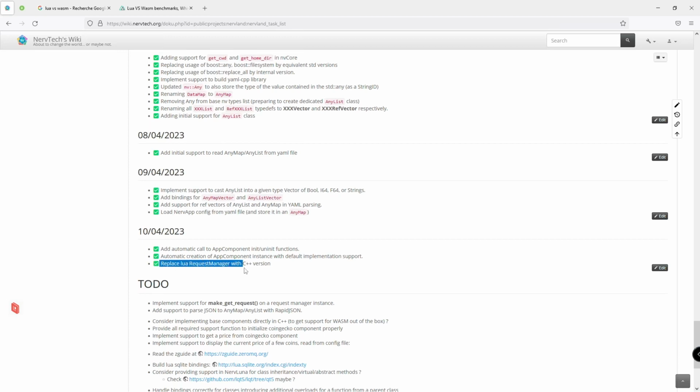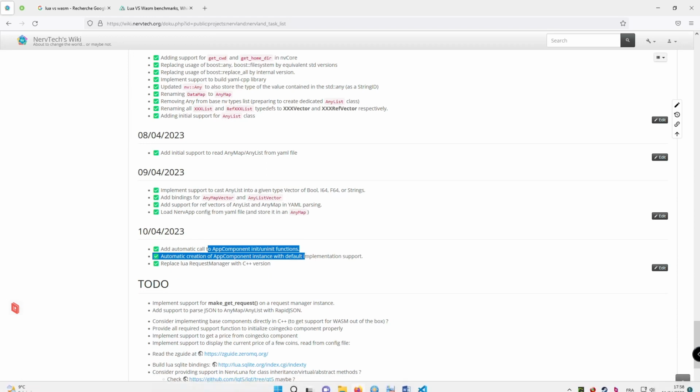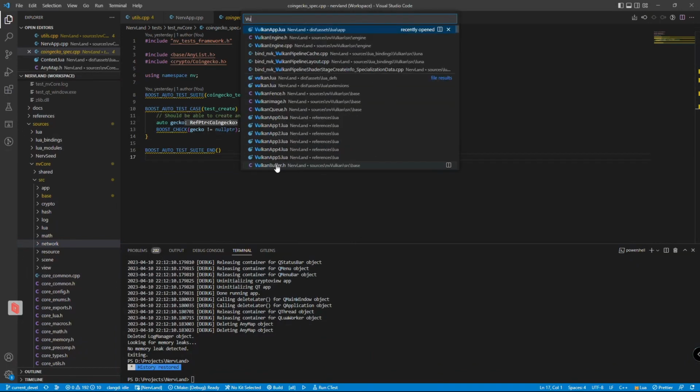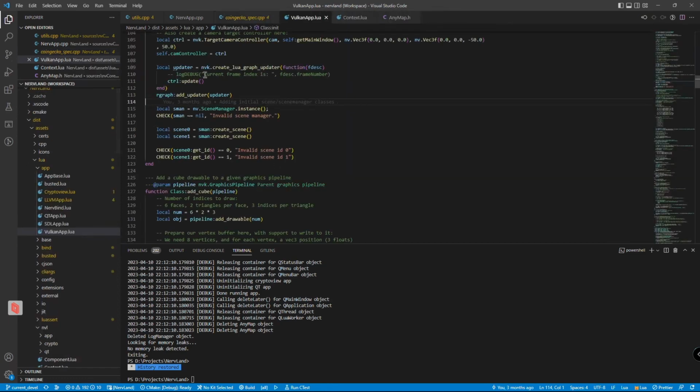Replace the request manager with a C++ function. Also, for the app component, I changed that a little bit. Before, I had to register my components manually and init them manually. So probably, well, that's not visible anymore, but if we go in Vulkan app, for instance,